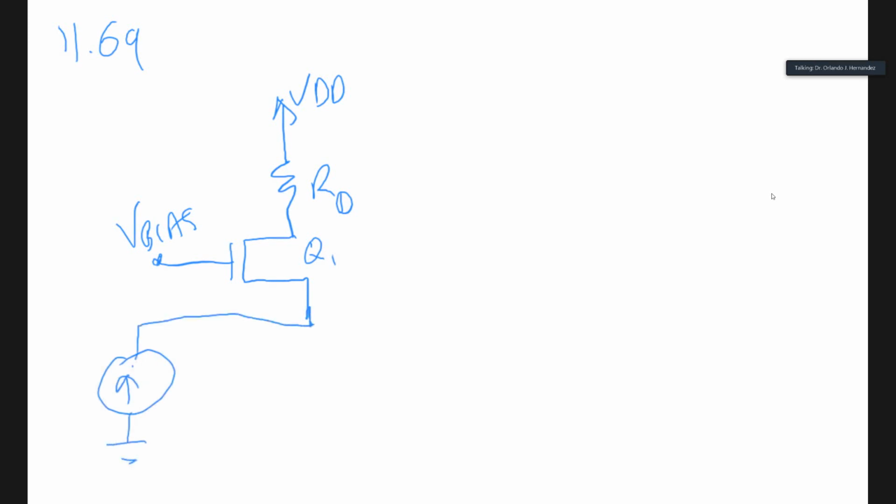So the input is a current, and then this is the output over here. It's a voltage, and then there is a capacitive divider network over here,